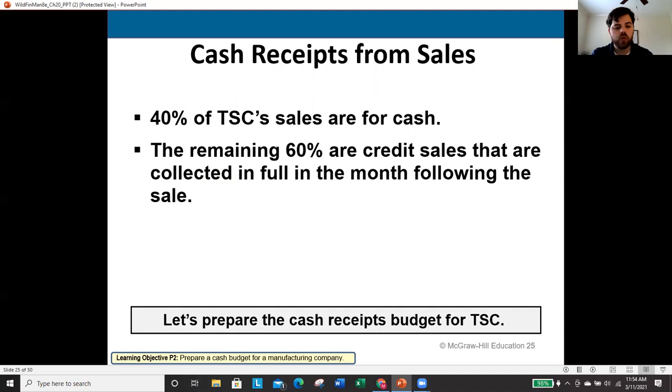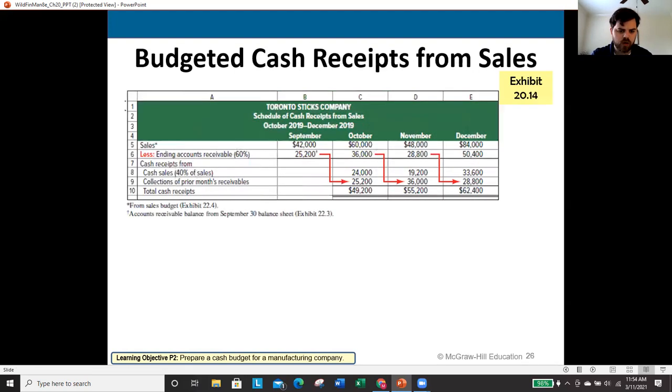Now, in truth, we could see this actually straddle more than 2 months and see that 35% of credit sales are collected in the month following the sale, 15% are collected 2 months later, and 10% are collected 3 months later. And we could get this really deep layering that we would have to deal with. In this case, it only is dealing with these 2 months. So let's see how this works.